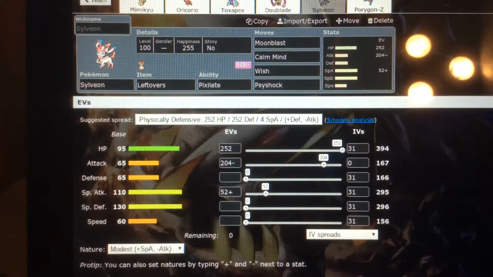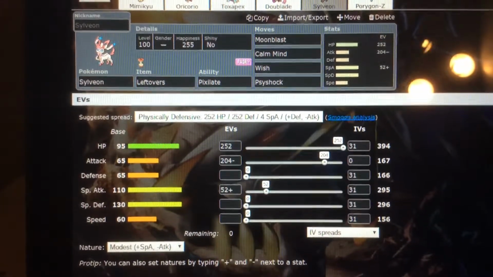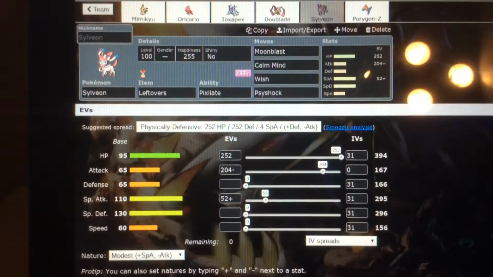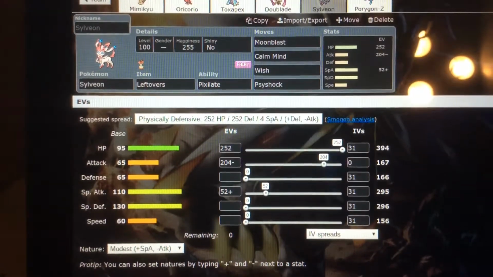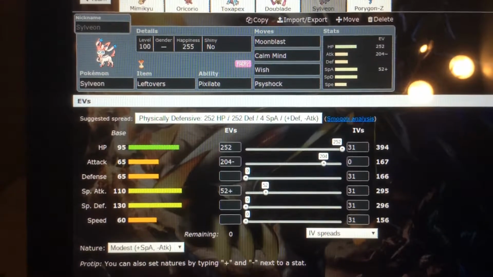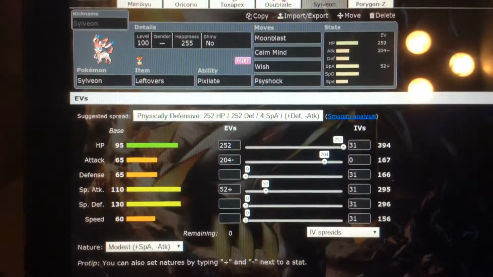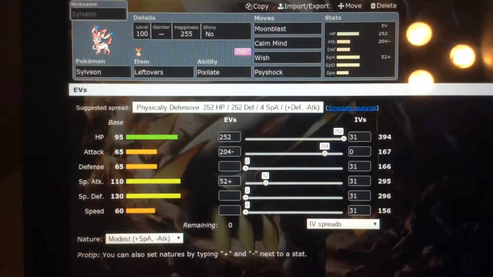Again, I'm going with a little bit of the spread that it says physically defensive. Again, I'm not a fan of Smogon a lot, but I am using it in this one because I'm new to the competitive side of things. I've never battled competitive. I have very little comparative knowledge and everything like that. So the moves that I'm going to go for this is Moonblast, Calm Mind, Wish, and Psyshock, just for a